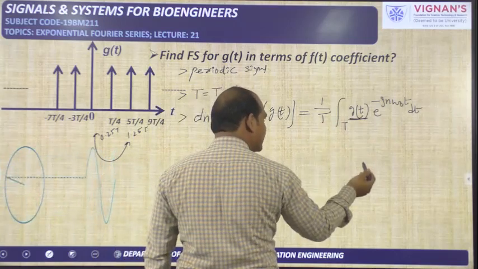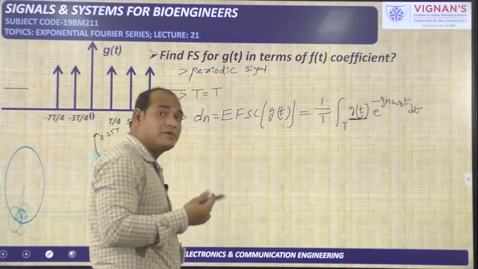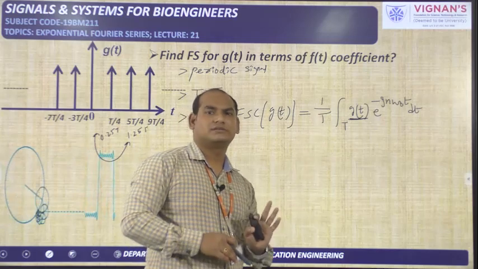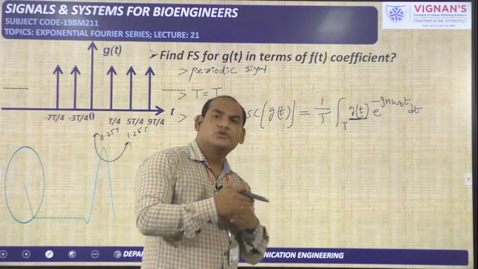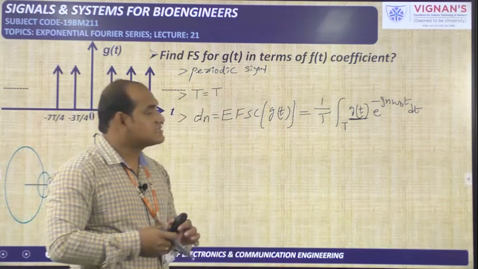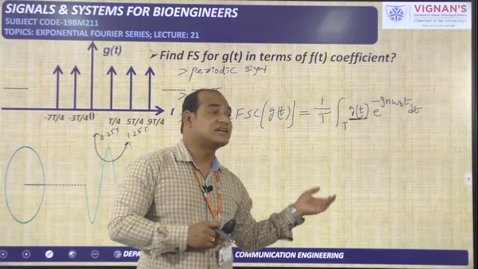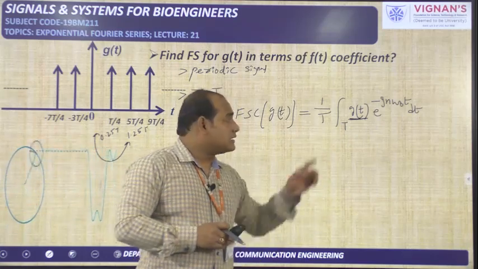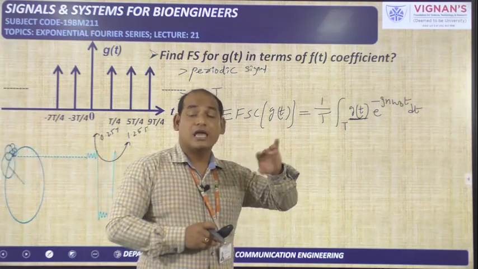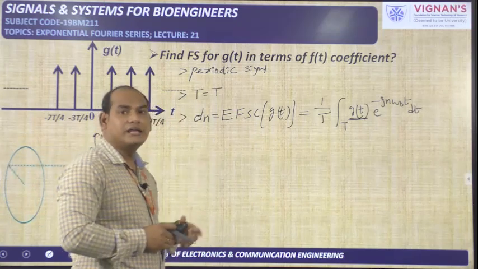Okay, then now we need to do the integration over one period. Many times I have told that this may be from 0 to T, this may be from minus T by 2 to plus T by 2, that may be from minus T by 4 to 3T by 4, like that, any manner we can write. But within that duration, we have to see carefully what our integral is, because we need easy integration. The calculation should be easy, so we need to select the limits such that the upper limit minus lower limit is equal to capital T. That is okay. But you see your problem; according to your problem, you need to choose the limit values.